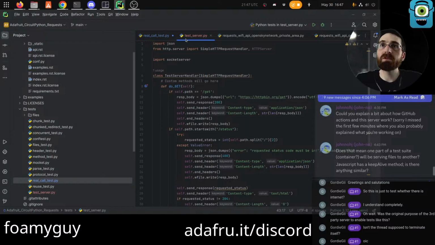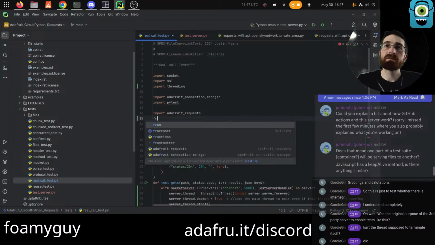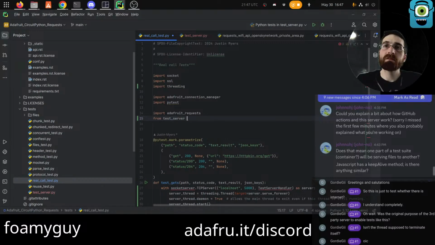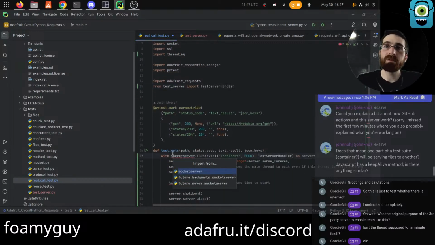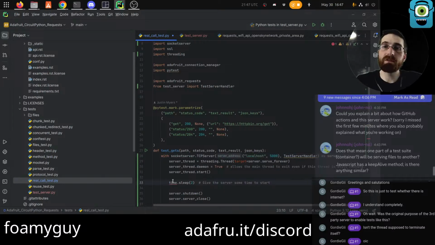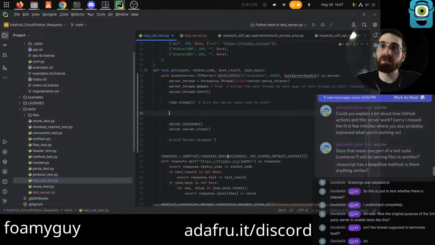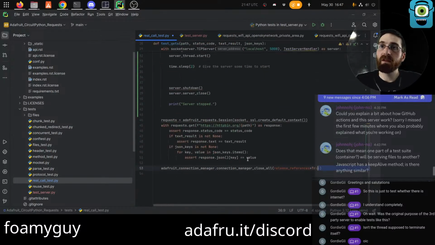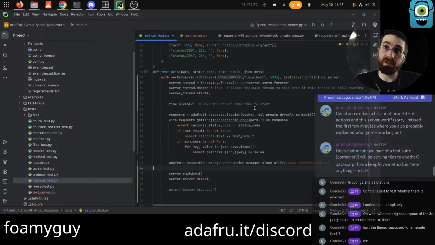So if we say from test server import this, and import this and this, we will give it the time like it says. We do want the server to spin up before we start doing anything. But basically, we then can put all the test stuff in here.